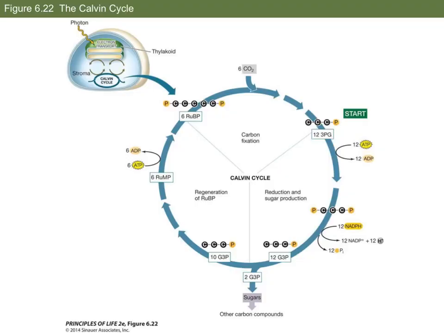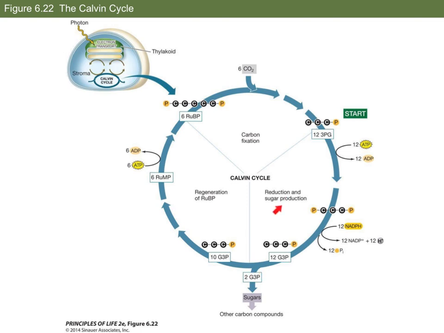The first phase is taking that carbon dioxide and attaching it to an organic molecule, RuBP. Once that carbon is attached to that RuBP, this is known as your carbon fixation phase. Once it has been attached, it's going to break. And what we're going to do is start the next phase right here, which is your reduction